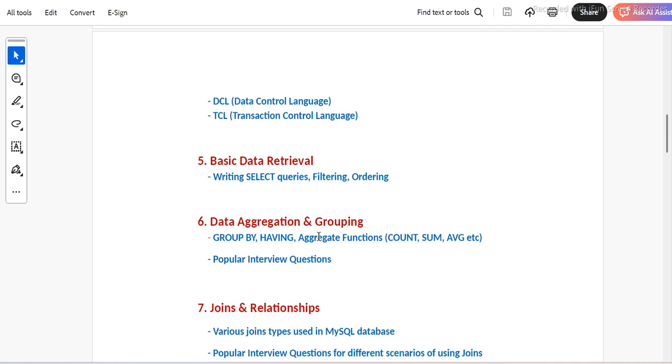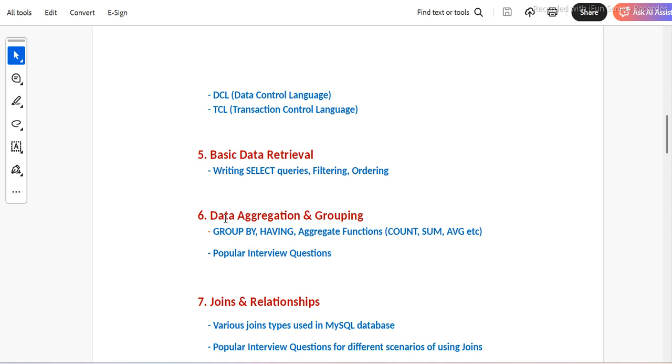Now the next one, obviously, is data aggregation. Simple data aggregation is basically aggregating the data at one place, keeping the data from multiple places at one place. A simple example: let's say I have done 10 transactions on Amazon. If somebody asks me how much money I have spent, can I not go and add all the amounts that I spent on those 10 orders? That is basically the aggregated amount, because nobody is interested in the individual amounts, they want the aggregate. Aggregated means basically the overall, like count, sum, average, etc.